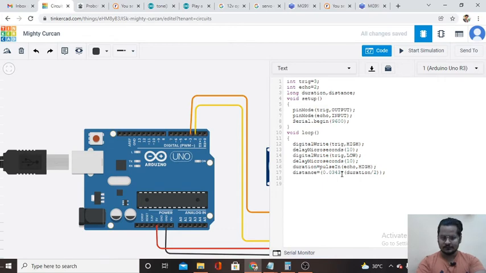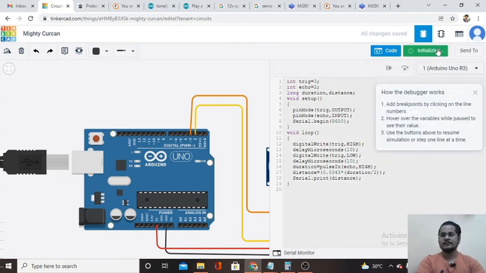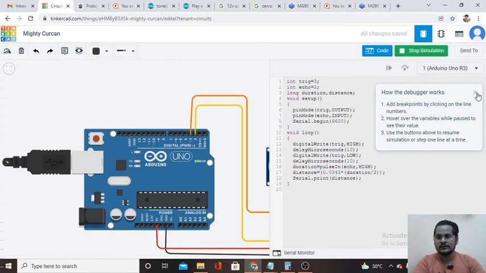Done. Now let me close this, and then we will print the value on the serial monitor so that we can read the value. Serial dot print distance, and then let's run the program. Let's see, is there any error?